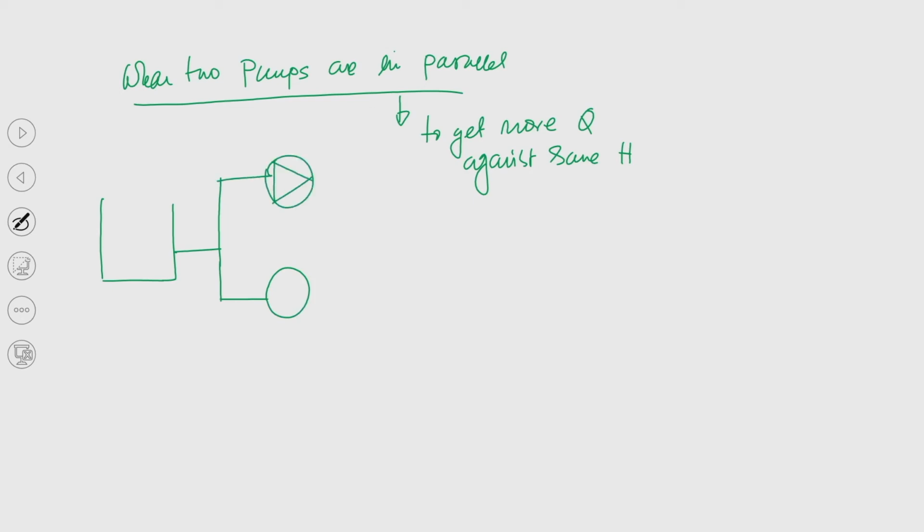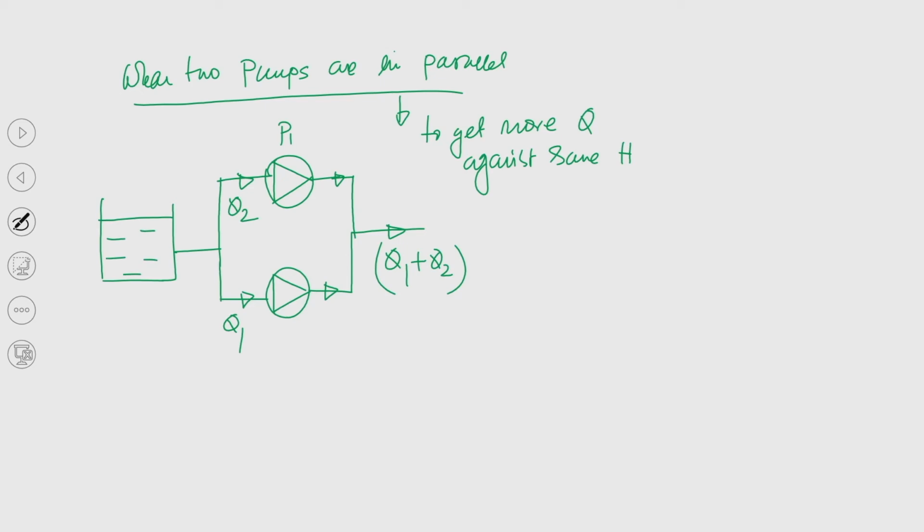This is pump P1 and this is pump P2, right. So, you can understand this pump is drawing Q1 and this is Q2, right, and these two pumps are again supplying into a common header, and eventually we are getting Q1 plus Q2. I have drawn the schematic. So, this is the sum.